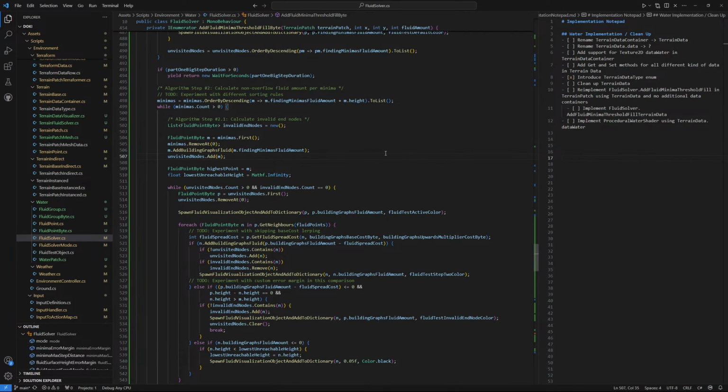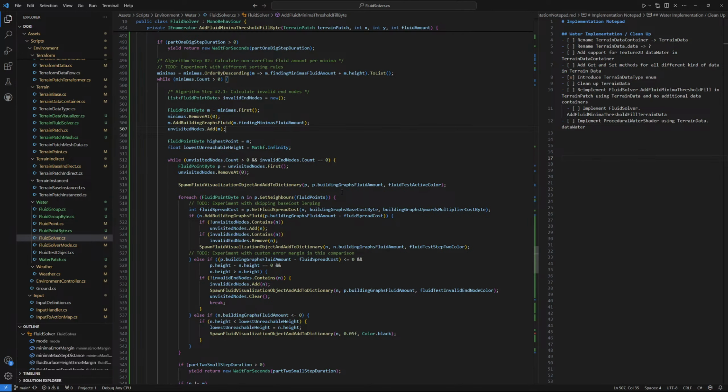So pretty much, given a minima and its fluid amount, we want to find... I wonder... We can probably make this a bit faster by keeping a reference to visited nodes, highest point,